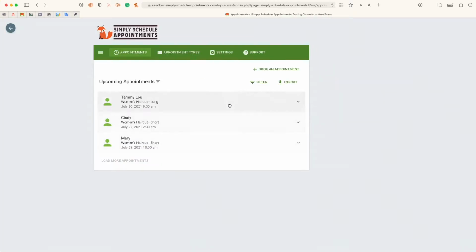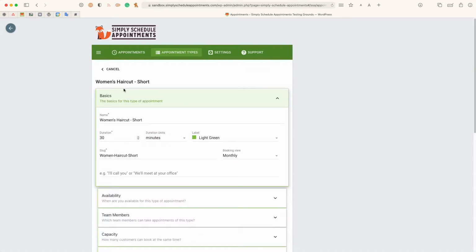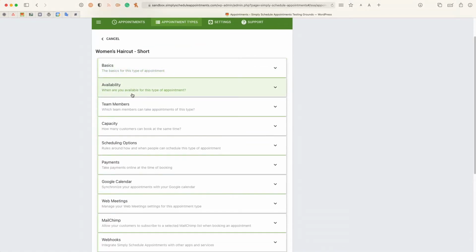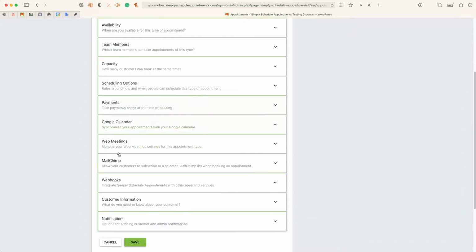If you go to SSA's plugin page, the appointments page, we have all of our appointments. And from this plugin page, you'll also be managing the booking calendars. A booking calendar in our plugin is pretty much represented with an appointment type. So each one of these is a booking calendar, and each one of these I had to embed into my form to tie with the conditional logic. Let's just click one of these. This holds all the rules that you want to apply to your booking calendar to make sure it matches up with your schedule.